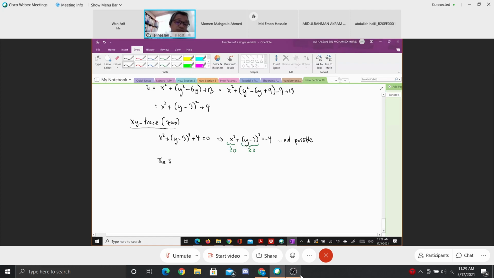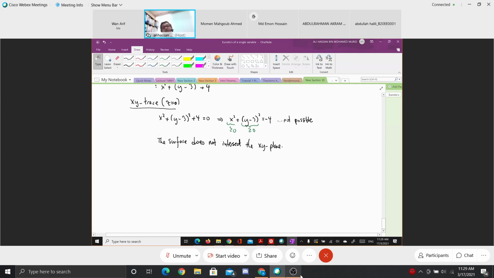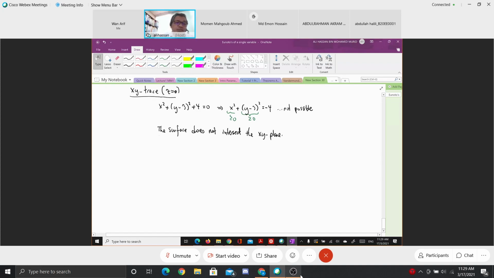The surface does not intersect the xy plane. Sometimes we also have a parabola, right, that intersects the x-axis. Okay, let's look at the